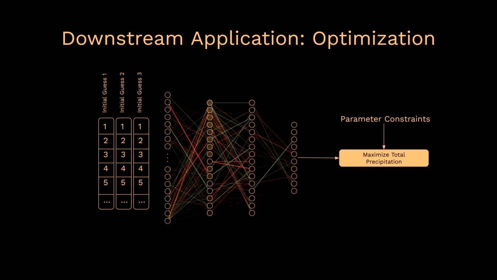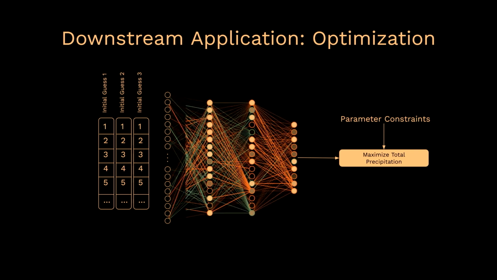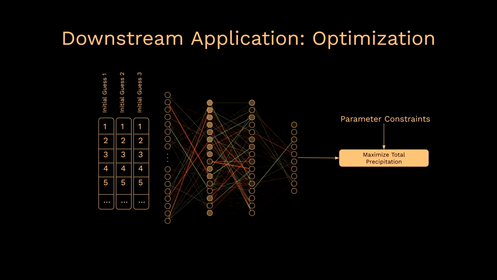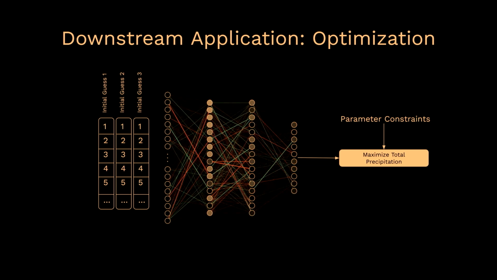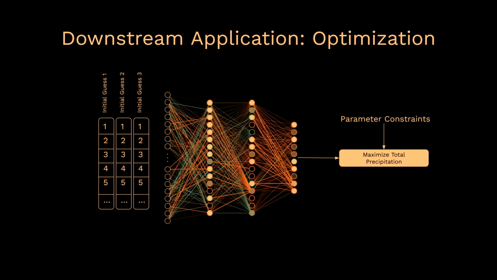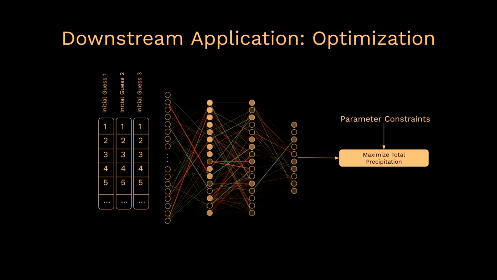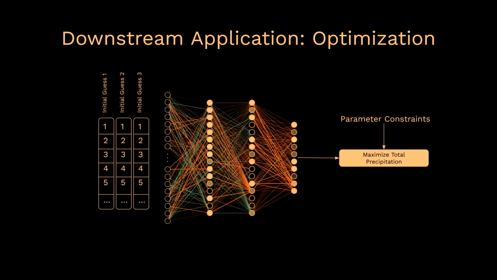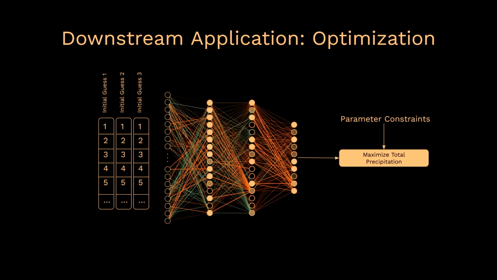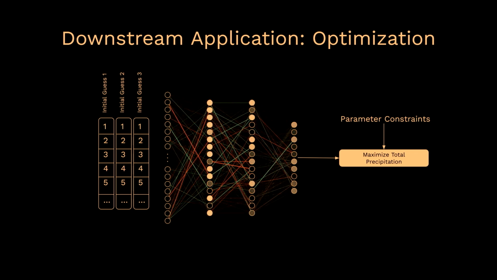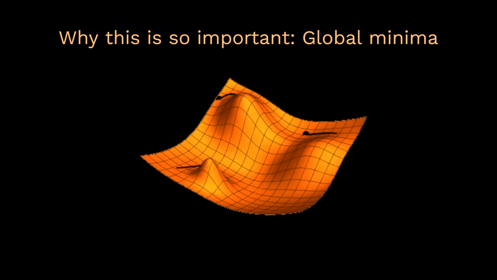I compute the objective, so how much maximum precipitation does this sample give me? And then because it's differentiable, I can walk back through the network and update the initial guess. Do you see this, right? And the most beautiful part is that I don't just have to do this for one sample. I can do this for many samples. And the reason why this is important is because